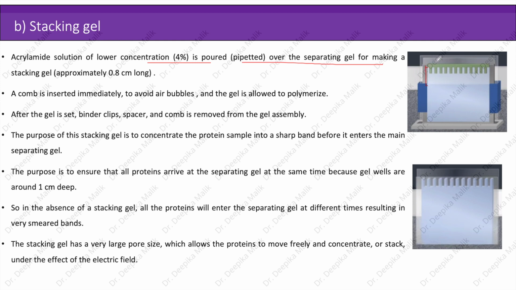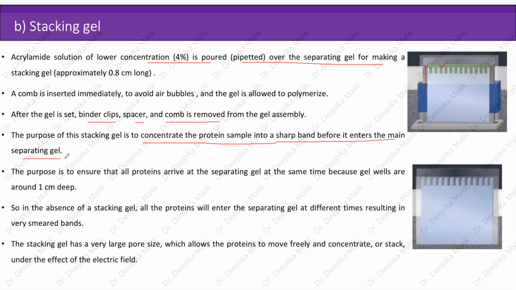A comb is then inserted immediately to avoid air bubbles and the gel is allowed to polymerize. After the gel is set, binder clips, spacer and comb are removed from the gel assembly. The purpose of this stacking gel is to concentrate the protein samples into a sharp band before it enters the